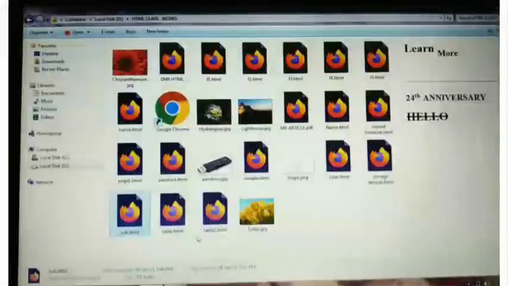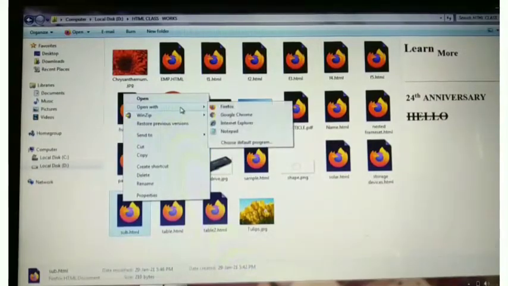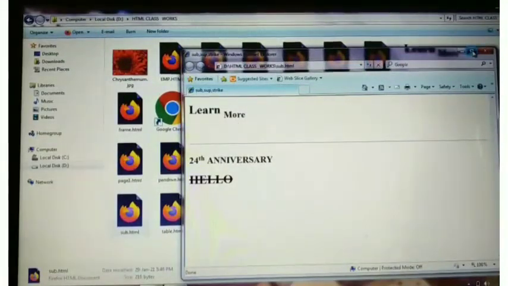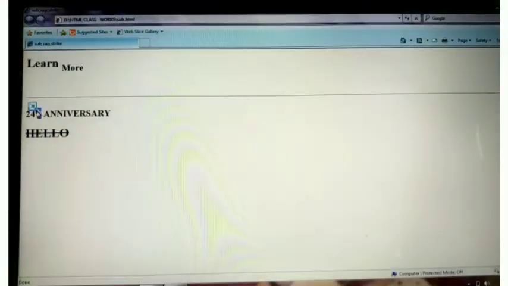Just open it in a web browser. And what happens? Let's look at here. This is subscript text. TH is displayed above the level of the line of text. So this is superscripted. This is strike through.